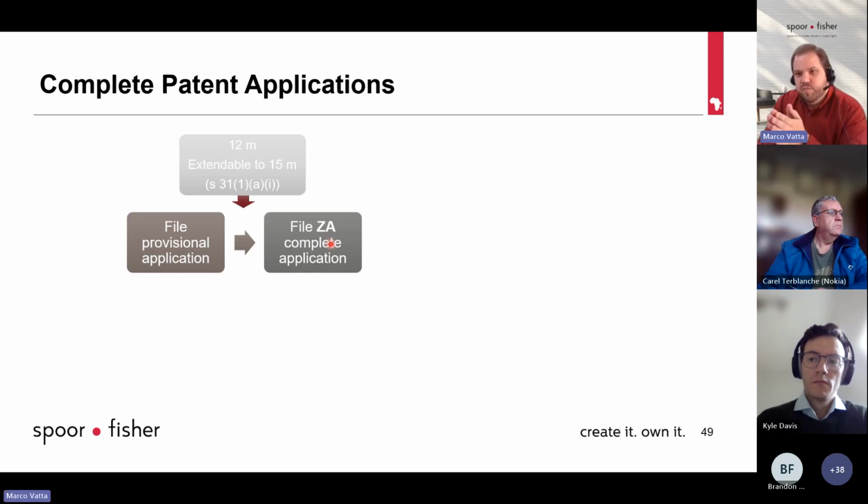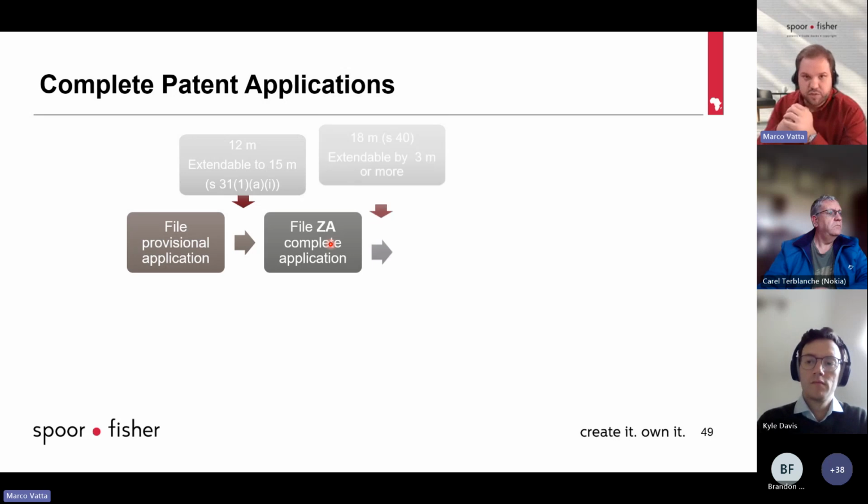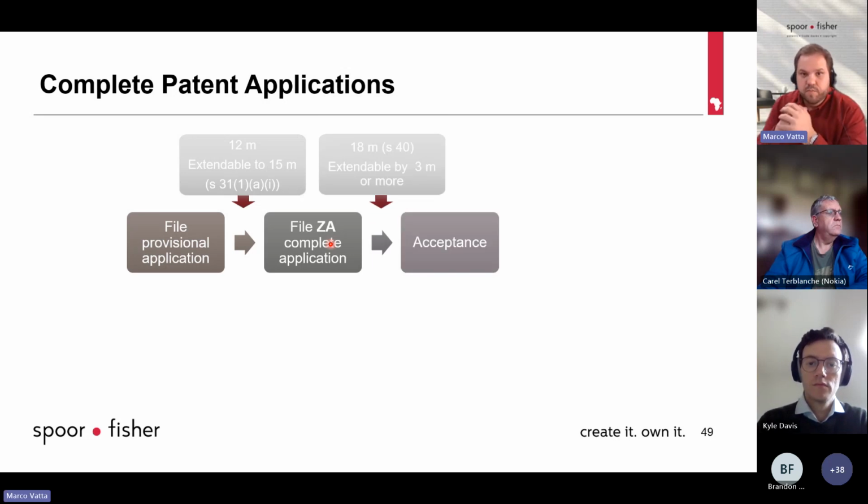And as I said, the prosecution in South Africa is relatively a straightforward process, and grant occurs relatively quickly because of the reason that there is no substantive examination of the application. The Patents Act provides that the application needs to be in order for acceptance within 18 months from the complete filing date. So within 18 months, all the supporting documents to place that application in order for acceptance need to